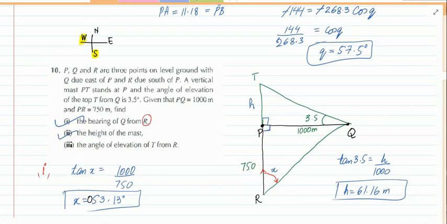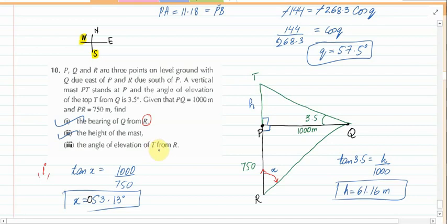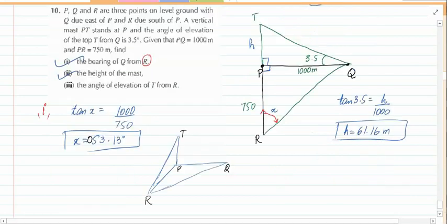And the last part, it says the angle of elevation of T from R. So I have tried to portray this example in a 3D. So that is what I can do at maximum to portray this question in 3D. So that is your 3D figure. And in last part it says find the angle of elevation of T from R. That means this angle is your angle of elevation. Let's say it's E. Now the distance of P to R is known, that is 750, and P to T, that is the height, we had found out